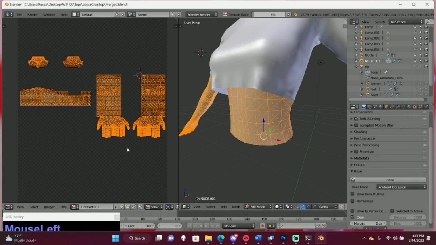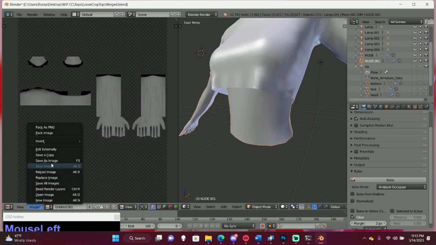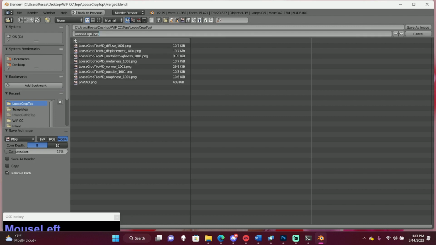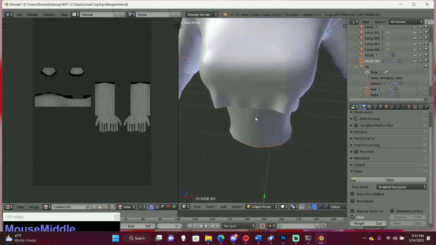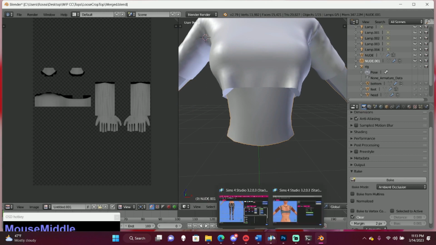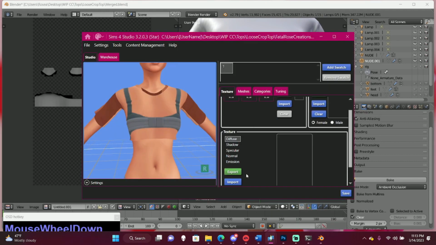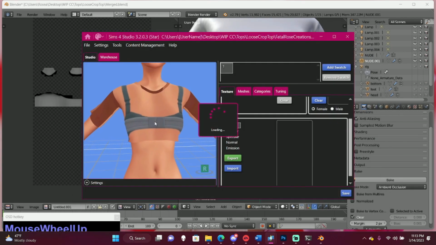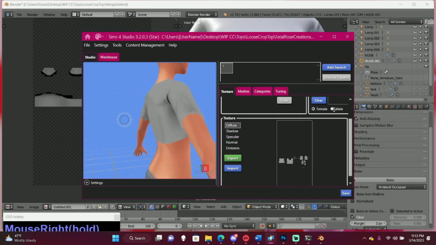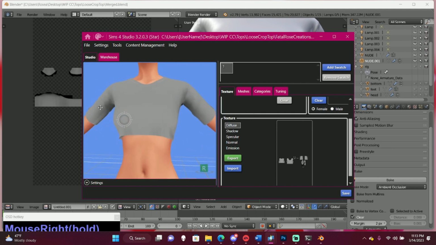And this is gonna give us what we need for our shadow map. Normally you wouldn't do this until you've made all your adjustments, just in case you make major adjustments, but I don't think we're going to need to make major adjustments. Alright, so now I can go into Sims 4 Studio, go to texture, import, and put the AO on there. And it'll look like a nice tester texture.